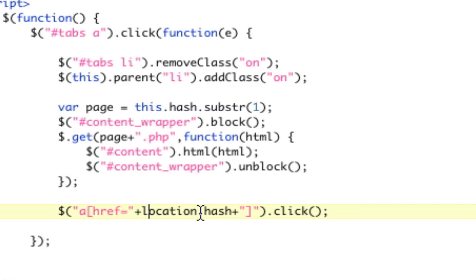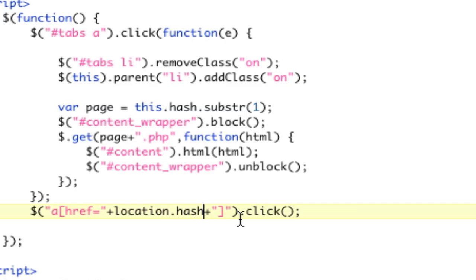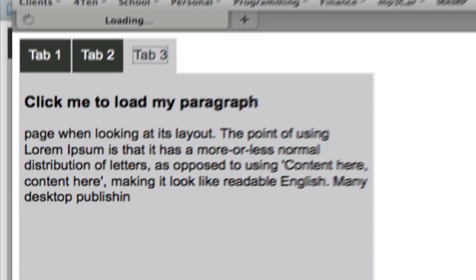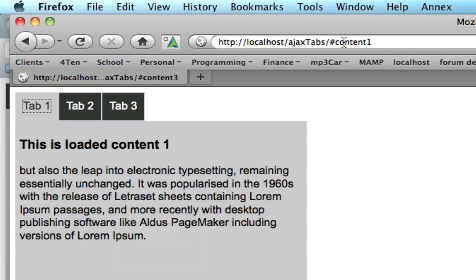So we are going to click. Now, I don't want this to be inside of the click, though. I want this to be outside of the click, inside the function already. So I'm actually going to put this here. Okay? So when I refresh the page, it has clicked 3, right? It has clicked 3. So if I go tab 1, and if I type in tab 3,